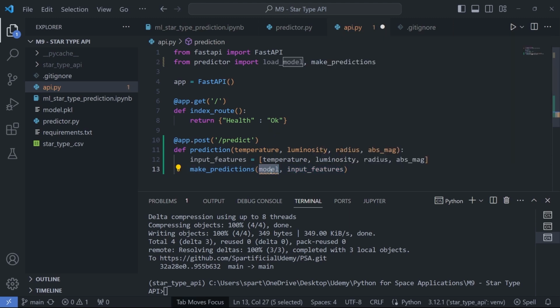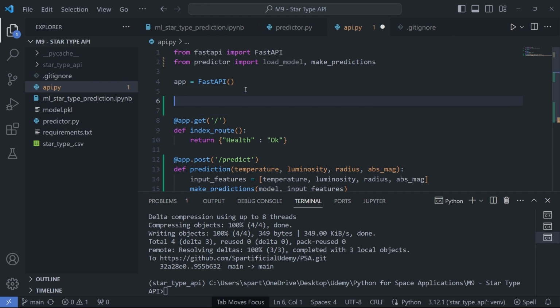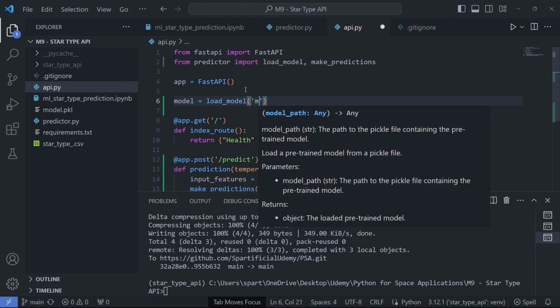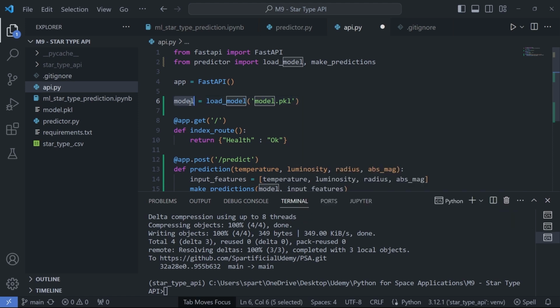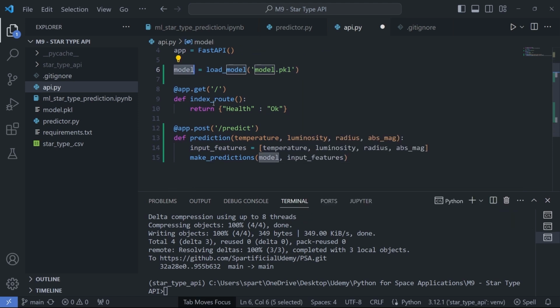Now from where are we getting this model? We are going to get this model by loading the model over here. So this is where I'll be doing this. Model is equal to load model and pass in the path of that model.pickle. So that's where our model will be created, and I should say loaded,